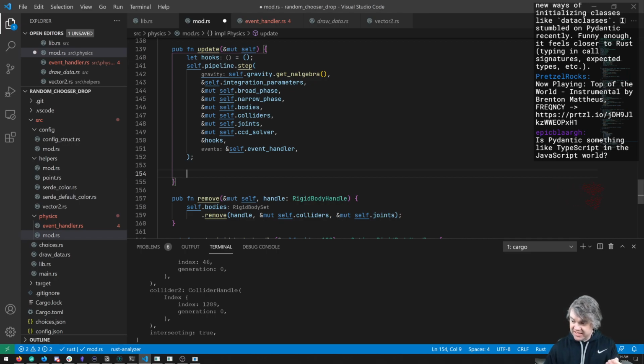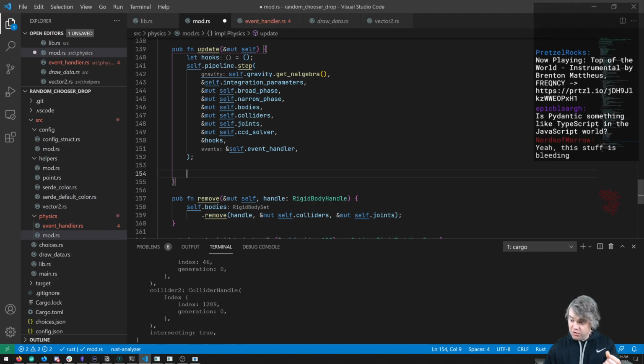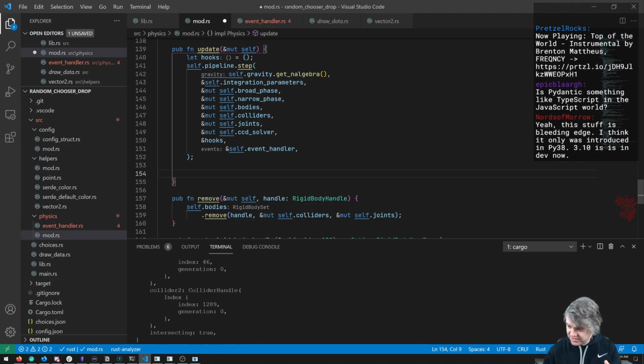Is Pydantic something like TypeScript in a JavaScript world? Oh, yeah, this stuff is bleeding edge. I think it was only introduced in Python 3.8. Oh man, there's so many versions since then. It's in dev now. Oh wait, it's not production yet? So it's in like the dev branch of Python? Okay,